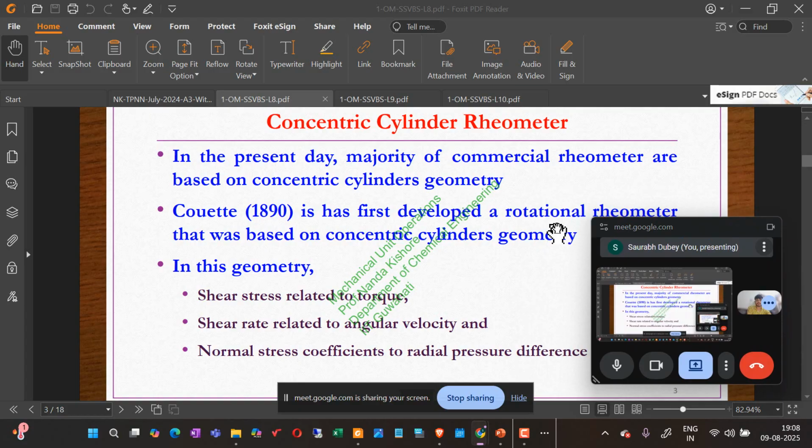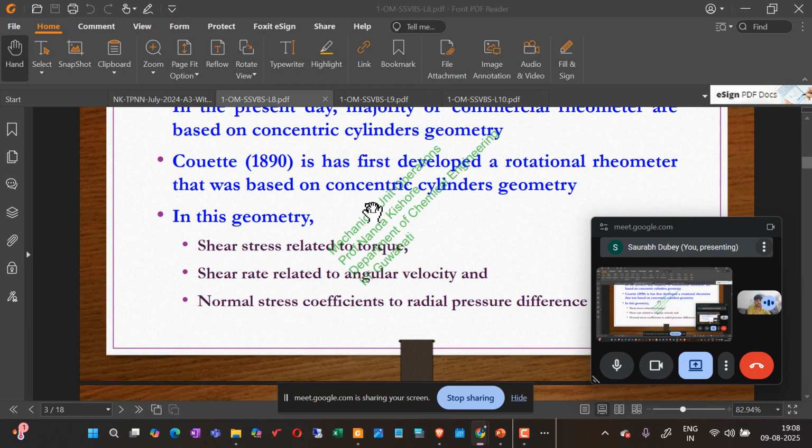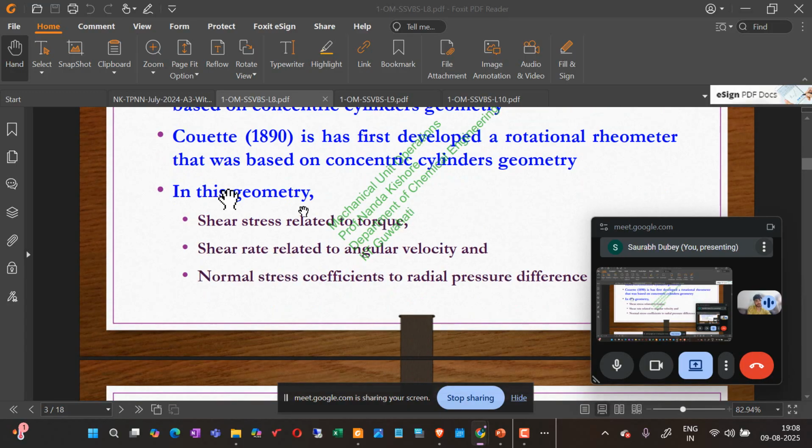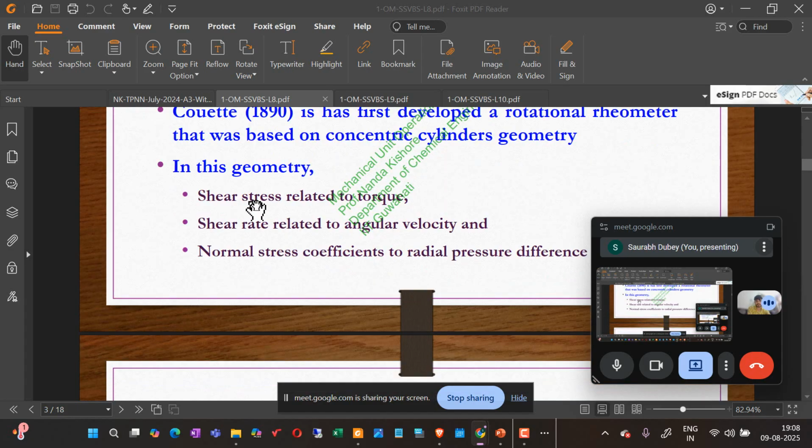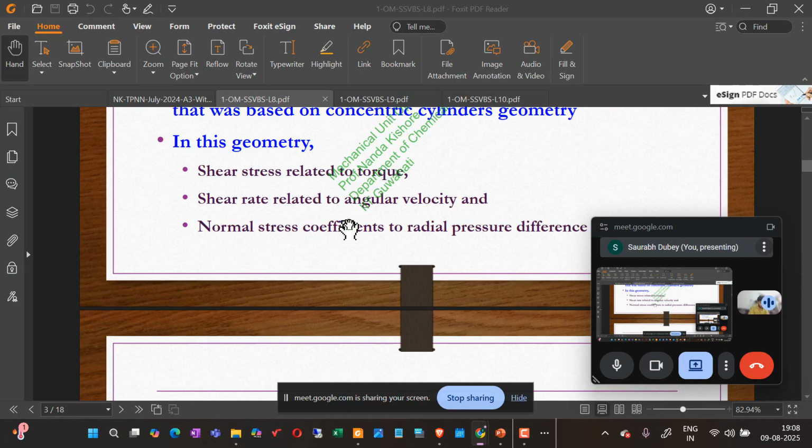So if you see, in the present day, the majority of commercial rheometers are based on concentric cylindrical geometry, and Couette in the 1890s first developed a rotational rheometer based on this concentric cylindrical geometry, right? And the main principle is utilized for measurement of the rheological properties of real fluids, which are mostly non-Newtonian, whatever we are using in day-to-day life, starting from milk, honey, soap solution. If you see honey, for example,